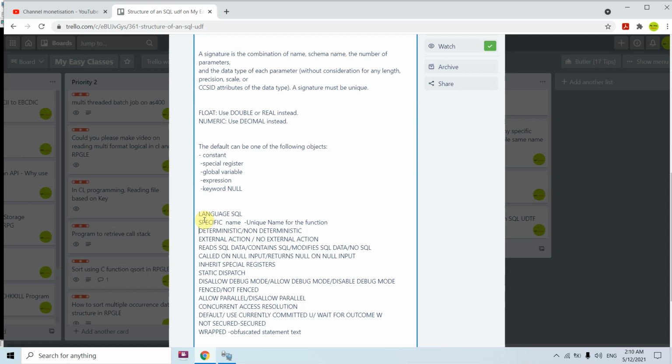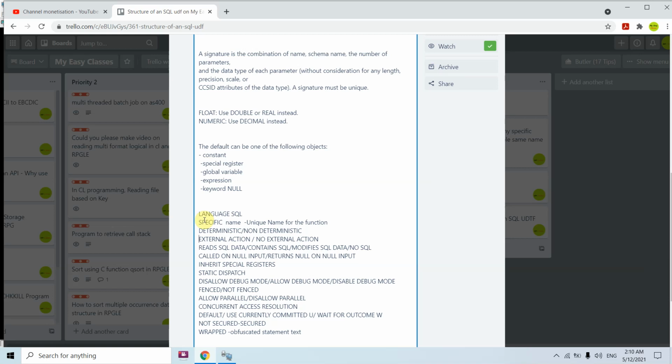So for example, if I'm adding 1 plus 2, I know I can use deterministic because I know that 1 plus 2 must always be 3. But in any other case, for example, if I'm fetching some data from a file for the two combination of input parameters and that file is updated regularly, then I don't know whether the data would be the same or not. In that case, we need to use non-deterministic.